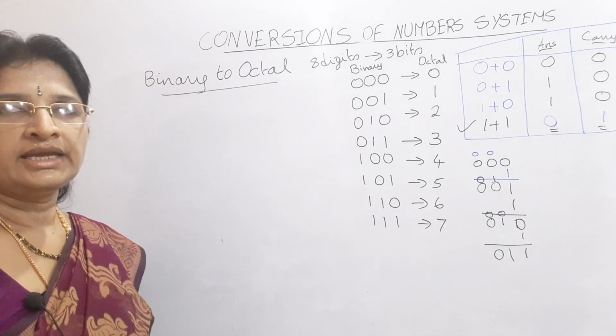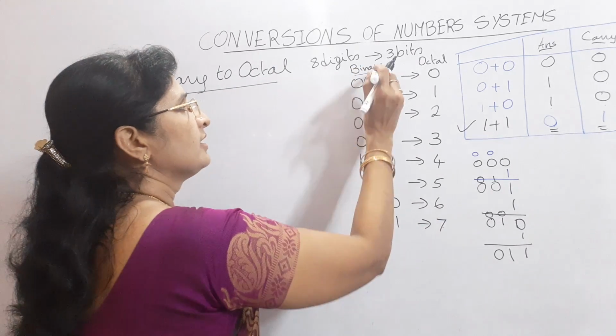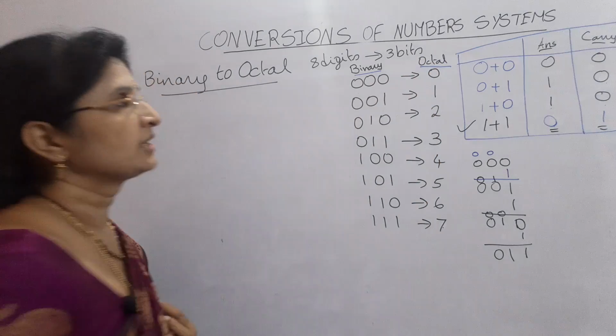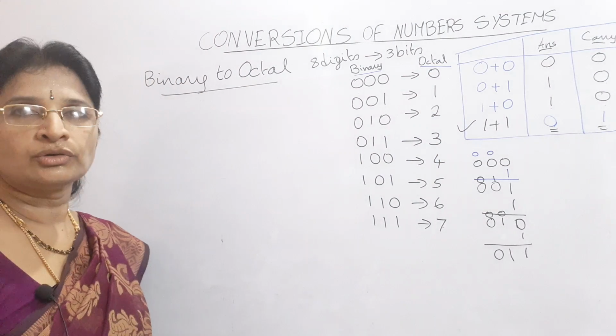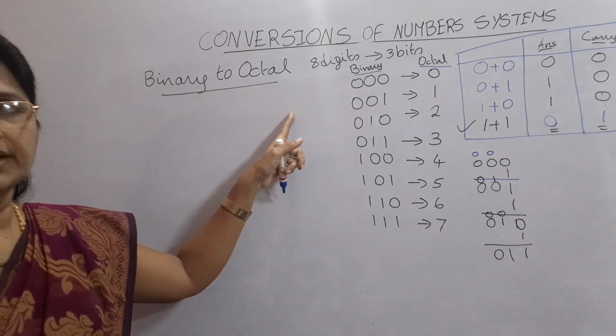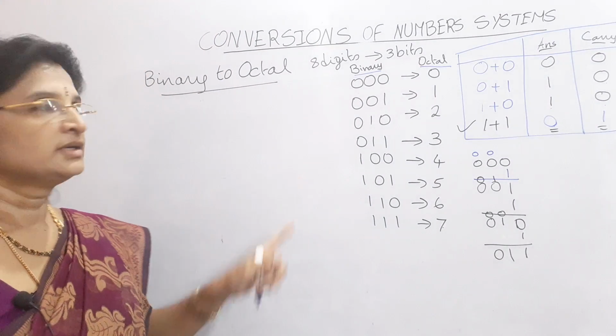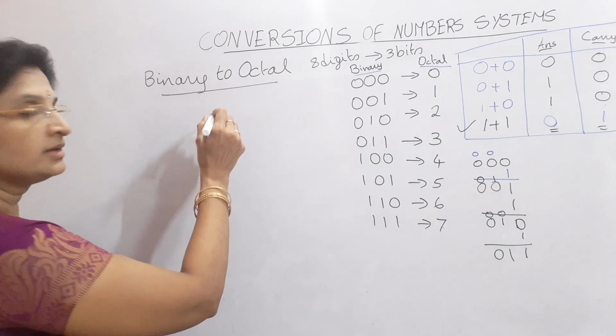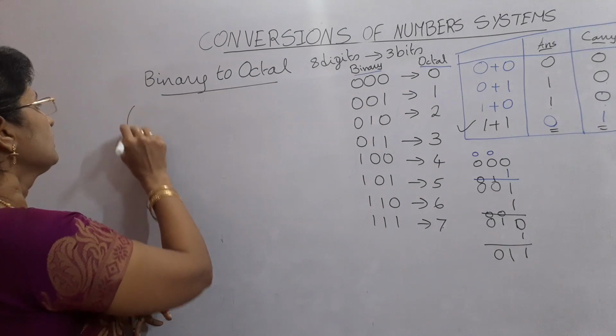These are the equivalent binary numbers for the octal digits 0 to 7. So this is very much important while converting the binary to octal numbers. So now we will take an example, for example, if you are taking an example of